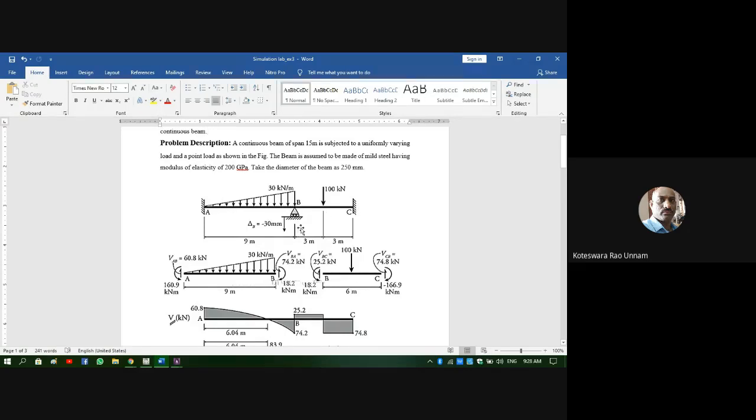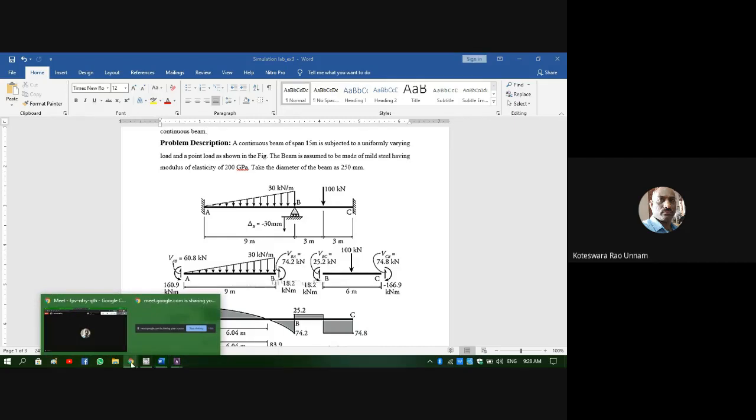But at B, I need to constrain only in the y direction, and that constraint will be a displacement of 30 mm in the negative direction. So I need to take 30 × 10^-3 in the negative direction at point B. With this, I applied the constraints. Then I need to apply the loads. A point load I can apply directly. It is straightforward. I can easily apply the point loads.